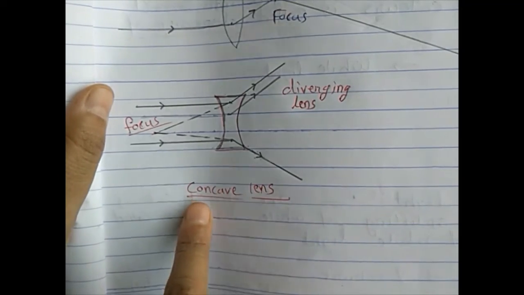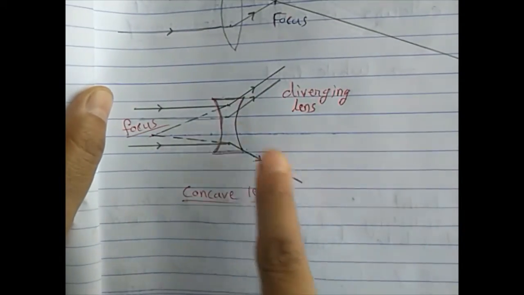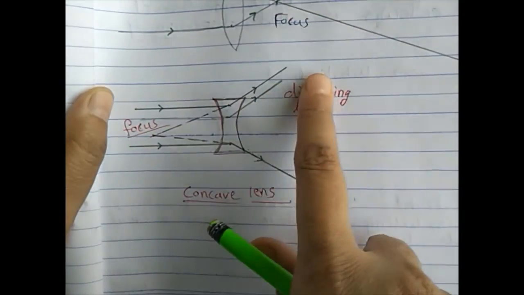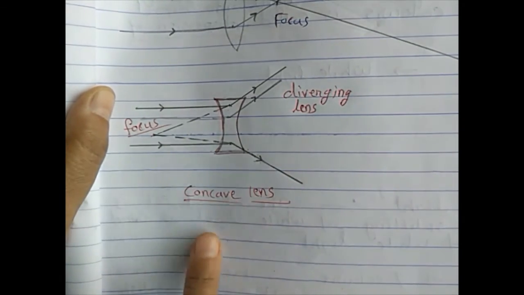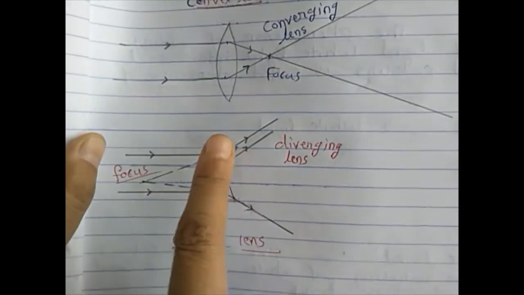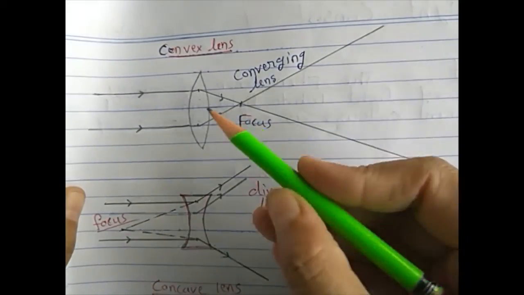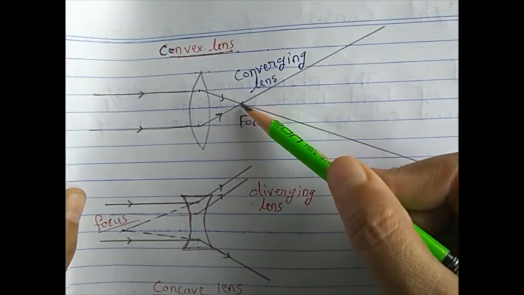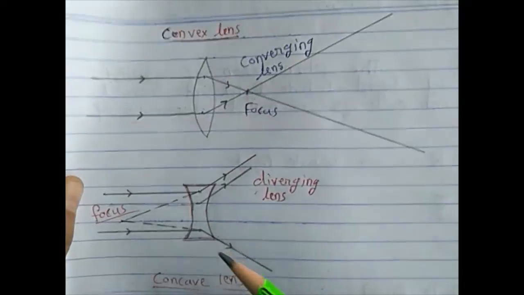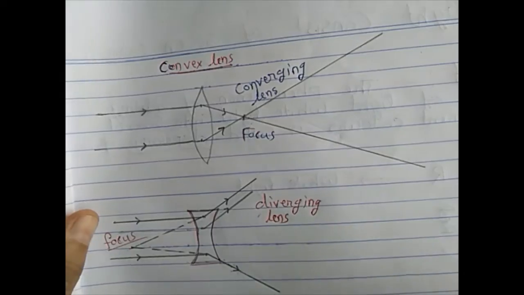And in this case, the concave lens, we see the refracted rays get diverged, like the convex mirror, so this concave lens is called a diverging lens. Okay. So simultaneously we can see both: it is a converging lens and it is a diverging lens. Here the refracted rays are converging, and here the refracted rays are diverging. So this is the major difference.